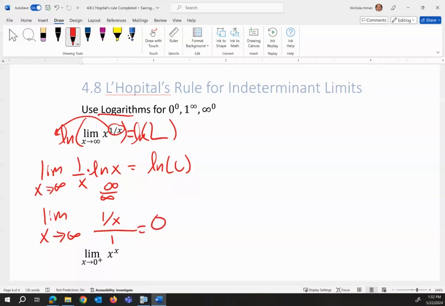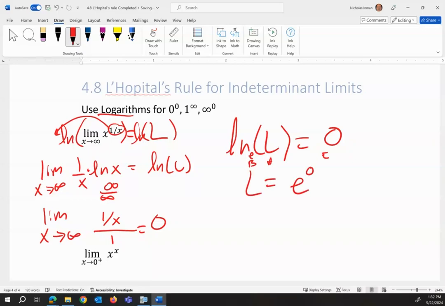Okay, 1 over infinity, that's 0. 0 divided by 1, that's still 0. So we're saying that the answer to this is 0. Remember, we took the natural log of our limit. So the natural log of the limit is 0. Well, I don't want the natural log of my limit. I want my limit. Natural log is log base e. So the limit would be e to the power of 0. Remember, base, answer, exponent, maybe. And e to the 0